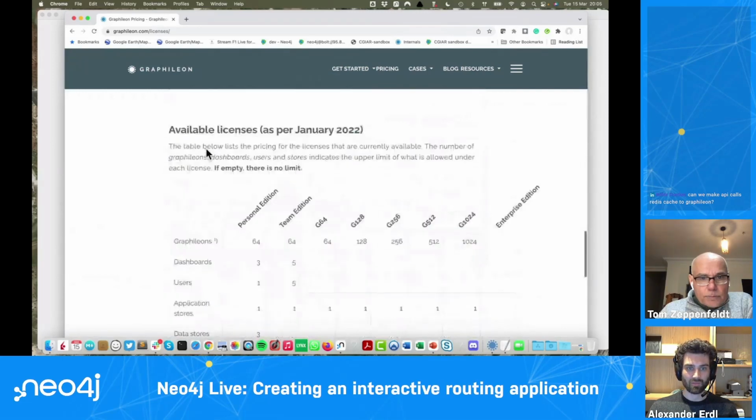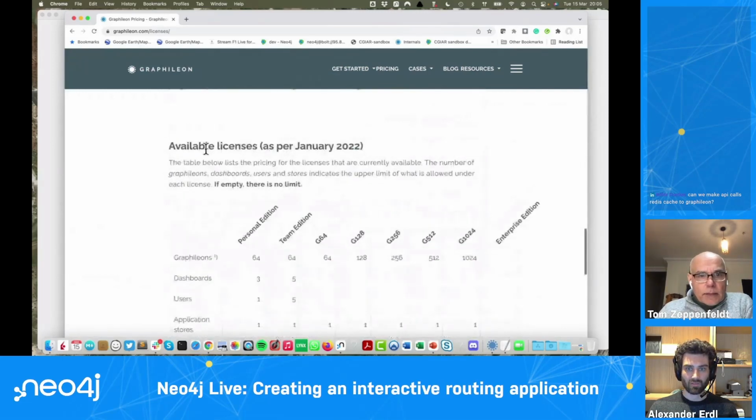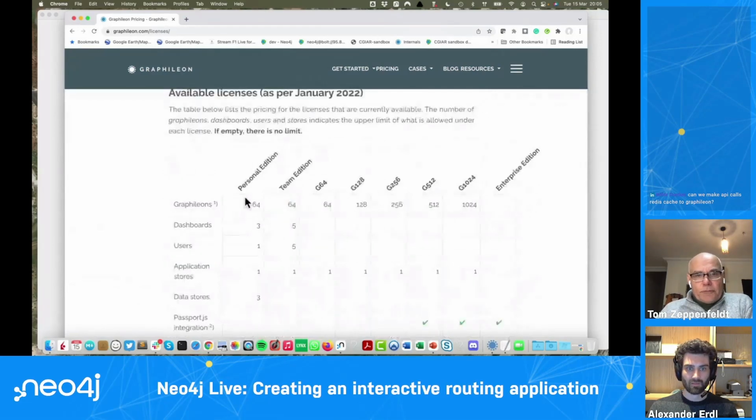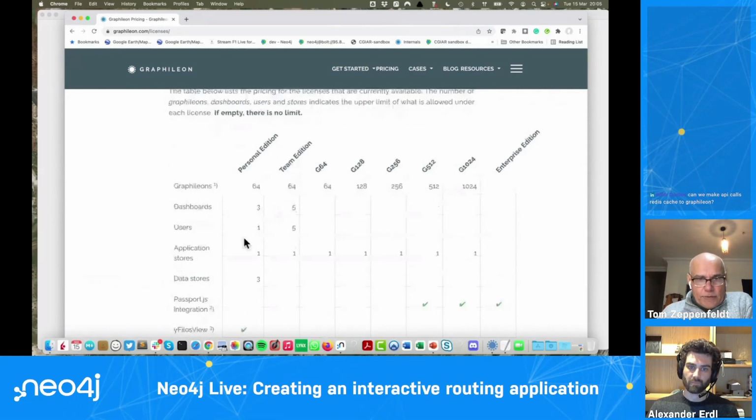There it was. Graphileons. Oh no. Yeah, Graphileons. So for instance, the personal edition has 64 Graphileons. That is excluding the default configuration, and that's also why I ran into this limit, why I wanted to run this thing. So there are 3 dashboards, 1 user, 1 application store, and then you can go to the team edition, and then